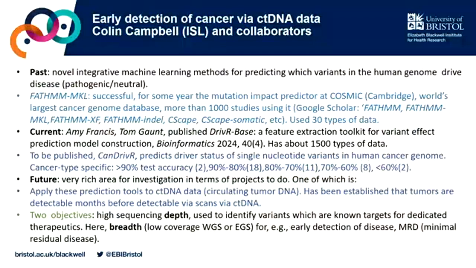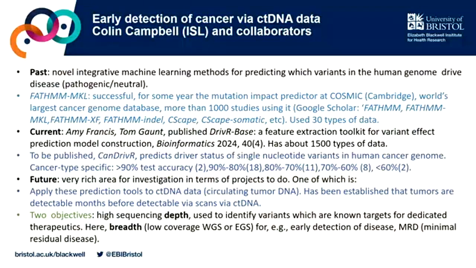So in the past, we've been working on machine learning, integrative machine learning methods which take multiple different types of data, particularly to drive the status of variants in the human genome. This was actually pretty successful. One of our algorithms was used as the mutation impact predictor at Cosmic in Cambridge, and there are many studies using it. So moving on to the present day, these classifiers use a lot of different types of data